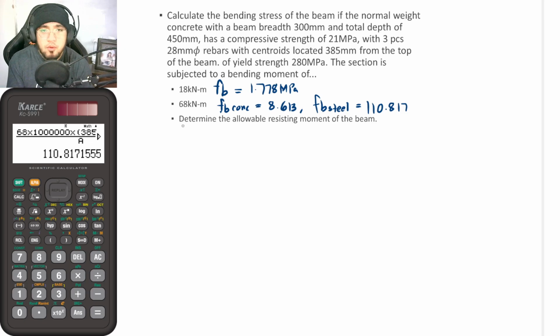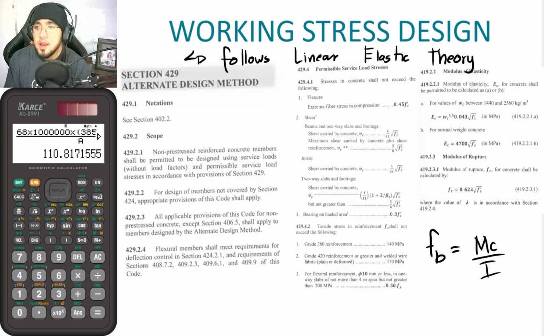Okay, so next up, we would now be determining the allowable resisting moment of the beam. So what we did before was that we have just solved for the actual bending stress, if this would be the moment and if this would be the moment. So let us check if both of these are adequate, or if it is still under allowable condition. So for the allowable stresses, we would now be